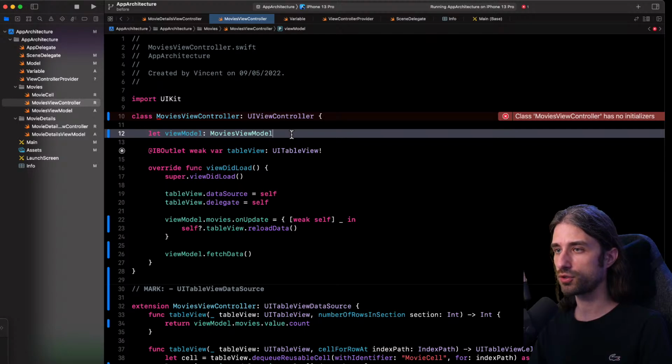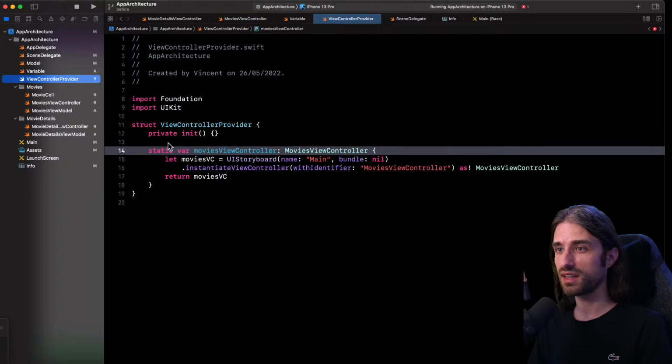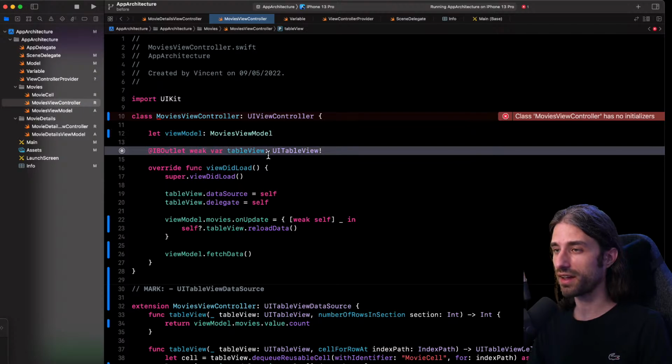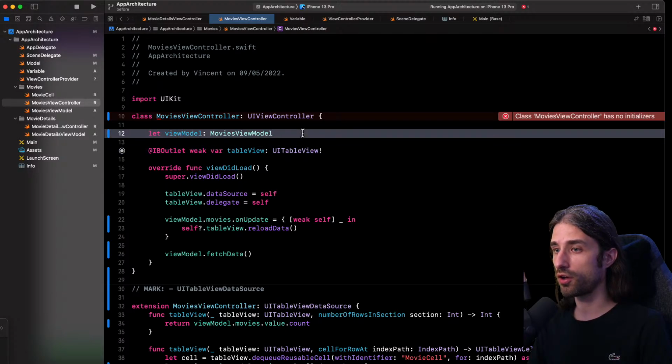Unfortunately, I cannot use the init to pass it because, as you can see, I don't have control over this init. The init is called by the classes that deal with the storyboard. So the best option I have here is to do the same thing as the UIKit objects that use interface builder, which is to have an implicitly unwrapped property.